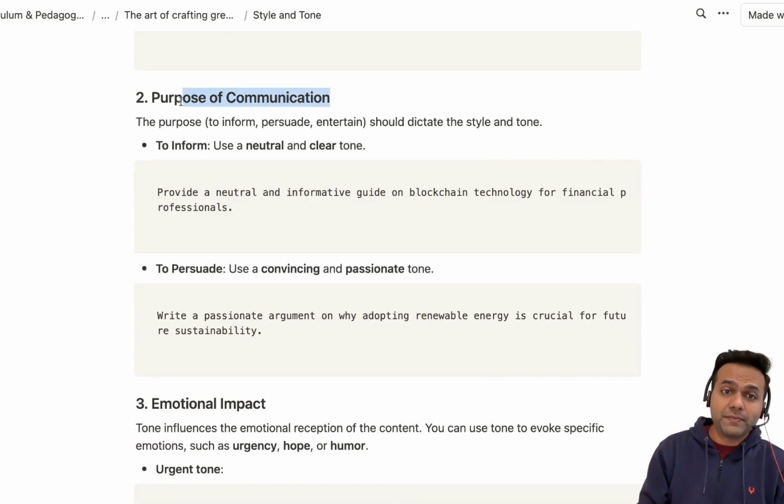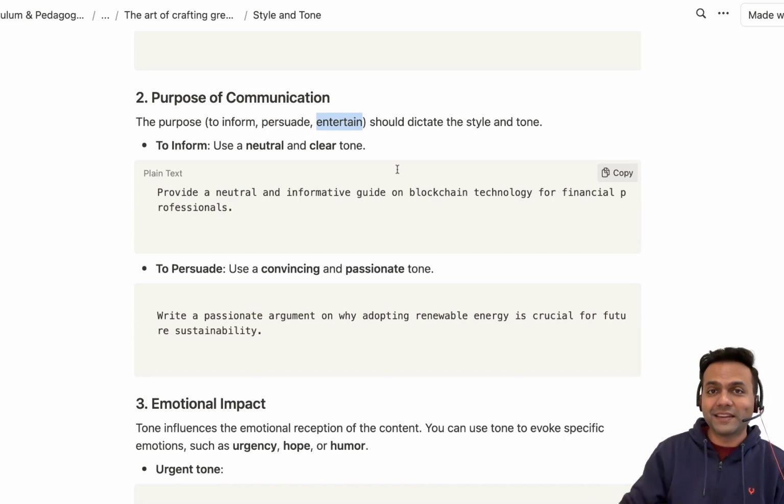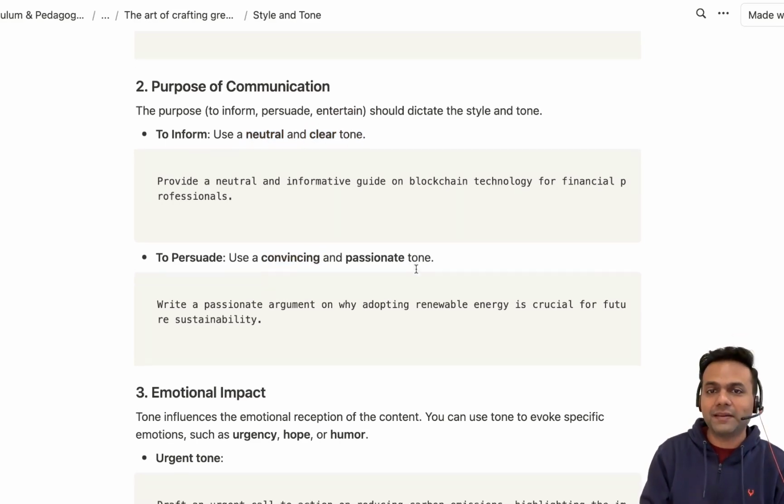Purpose of communication, right? Is it to inform? Is it to persuade? Is it to entertain? Or is it to literally give someone a product warning, right? They are all going to have a very different tone, right? So to inform, you can have a neutral or clear tone. To persuade, you can have a convincing or passionate tone, right?